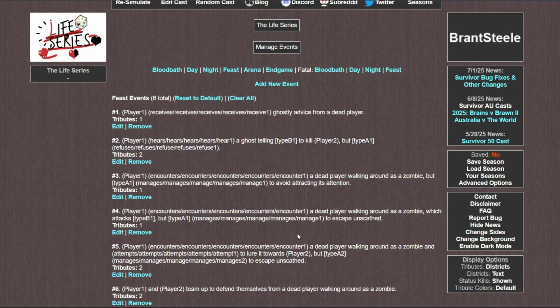And then here are all the ones for a zombie being there. So, a player could avoid a zombie, a player could actually encounter the zombie, and then they escape from it. And then there's the one where a player could try to get the zombie to attack another player, but nobody dies from it. And then finally, 2 players working together to defend themselves from a zombie.